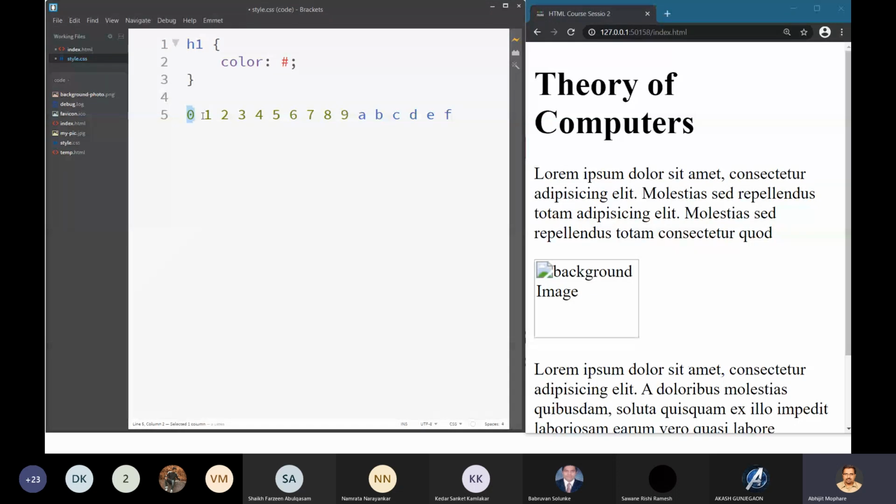That's why it is hexadecimal. Like our decimal numbers have symbols from 0 to 9, in hexadecimal the symbols are from 0 to F: 0 to 9 and then A, B, C, D, E, F. That is 16 in total, which is why it is called hexadecimal.